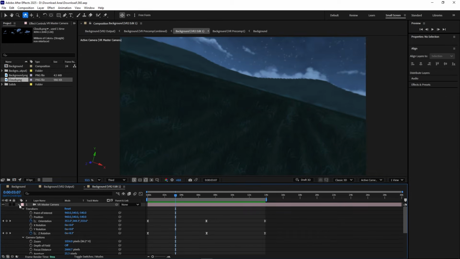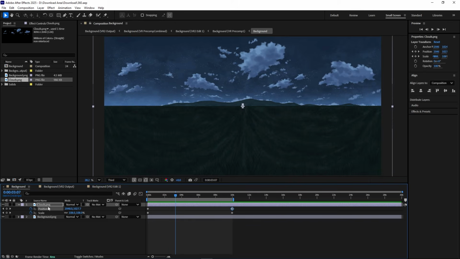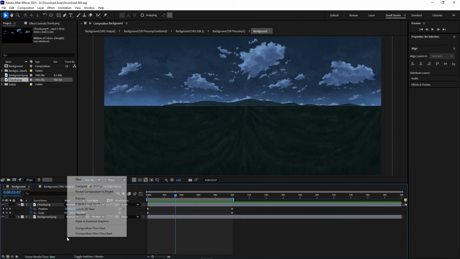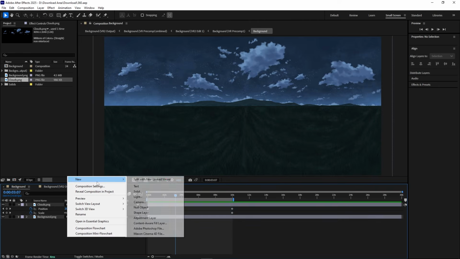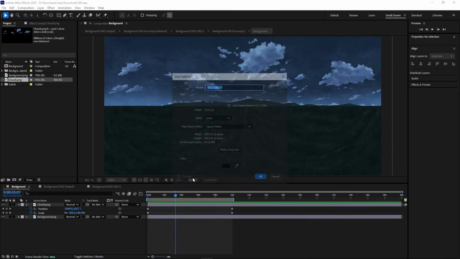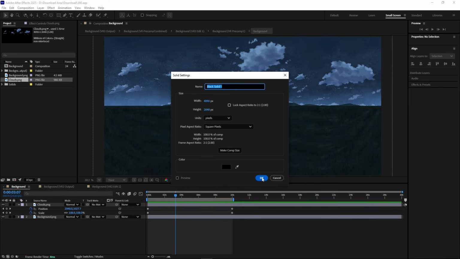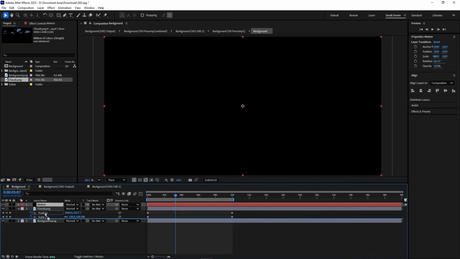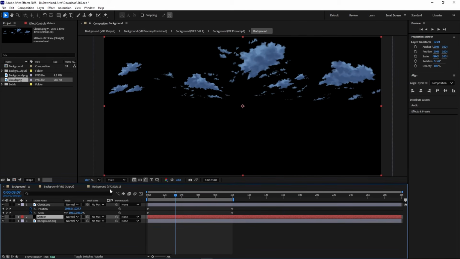Now, I'll go back to the first background composition so I can create the meteor shower animation. I will right click on an empty space to show the menu and choose New and Solid to create a solid layer. Make sure to set the color to black and rename this to Meteor just for the sake of making things organized. I'm going to move the Meteor layer in between the background layer and clouds layer,